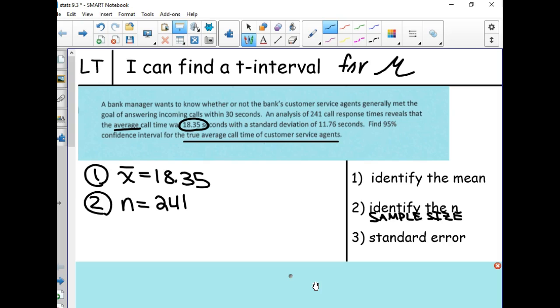Next, we have to find something called our standard error. In our standard error, there's a formula for it. It is the given standard deviation divided by the square root of n. What we're doing right now is the standard error is predicting the population standard deviation. We don't know the population standard deviation, so we predict it using the standard error formula. We take the given standard deviation